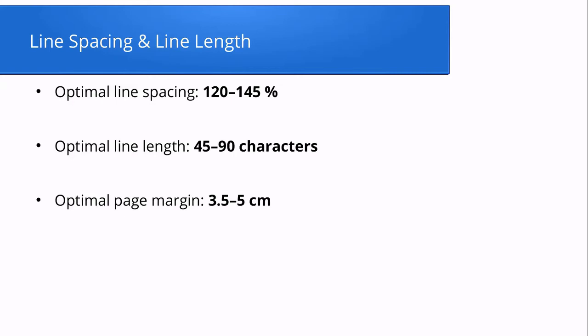The line length is optimally between 45 and 90 characters. So it also is influenced by the point size and also by the page margin. Very often you can see the page margin set to 1 inch, which is around 2.5 centimeters. But it's better to make the page margin a bit greater,